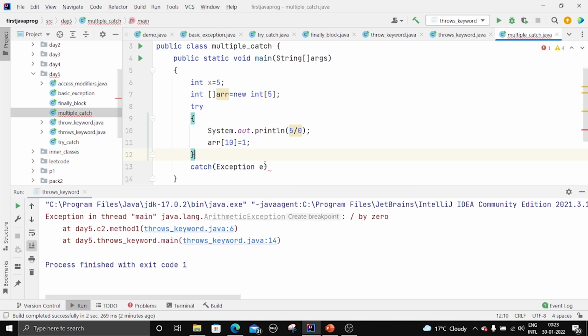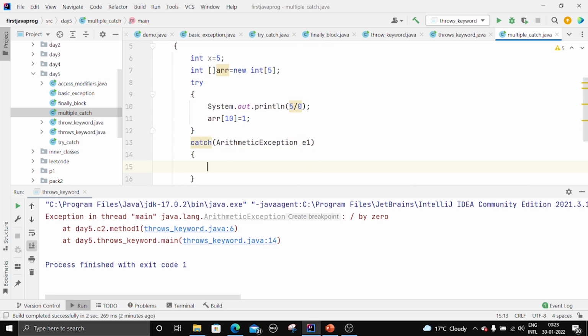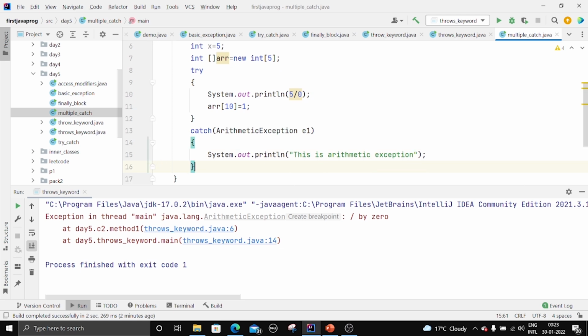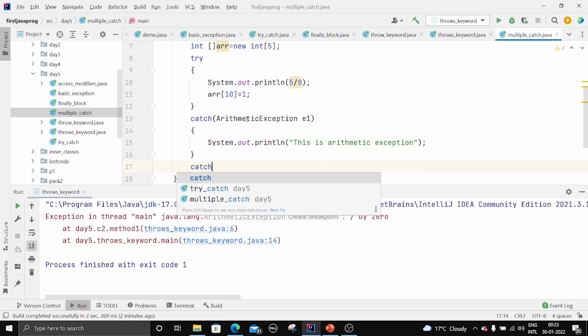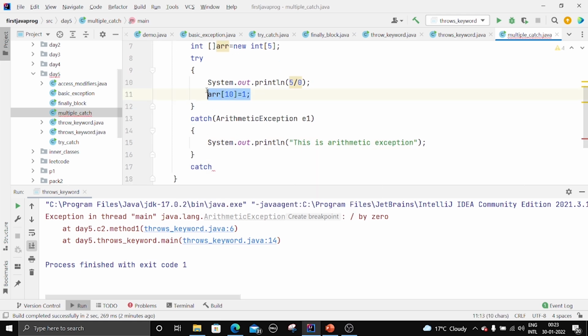All right, so that is a thing which most of the programmers do. So you guys know the exception name of this one, right? That is arithmetic exception. So okay, catch arithmetic exception E1, and inside the catch block, this is arithmetic exception. And next, let us write the code for index out of bounds